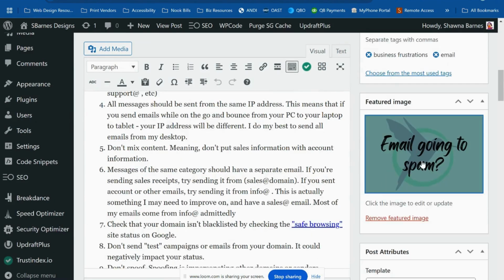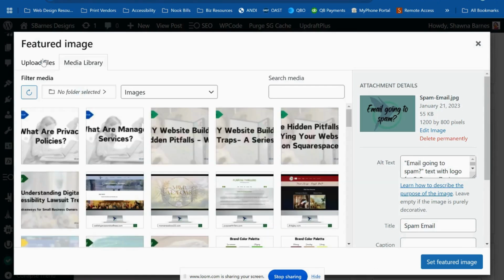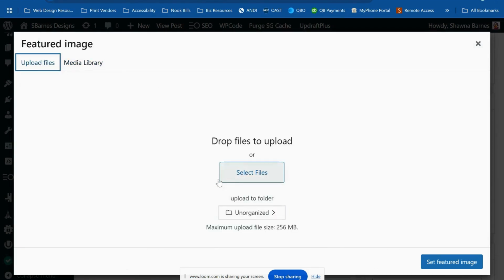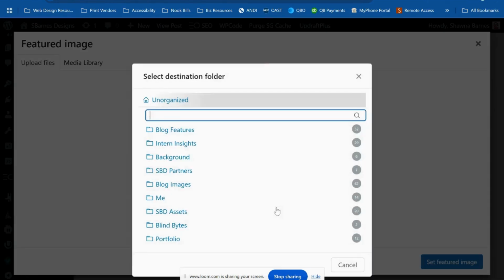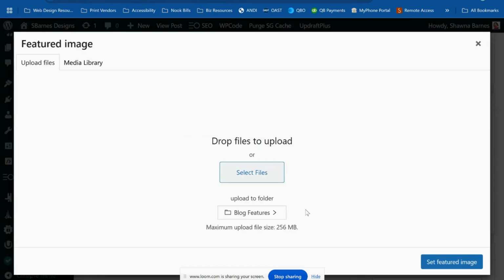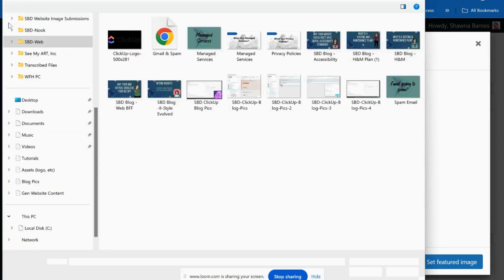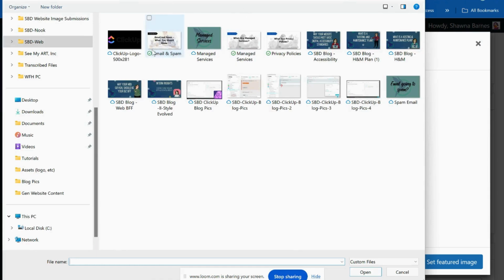And then I'm going to click on the current featured image and go to upload files. I have a plugin that allows me to organize my images a little bit better. So I'm going to go ahead and load this into blog features so I can find it easier. And now I'm selecting the file that I want to upload. So I'm going to look for the one that we just made, the Gmail and spam, and make sure that